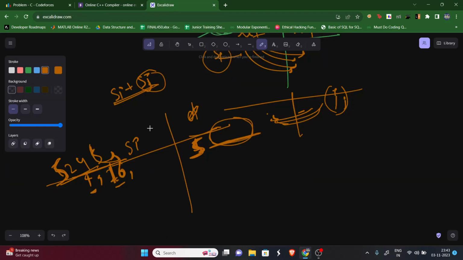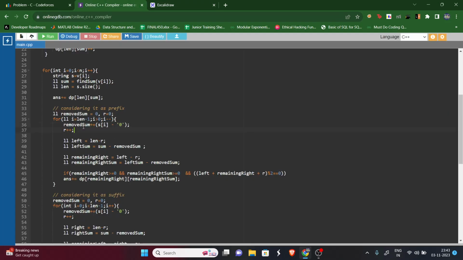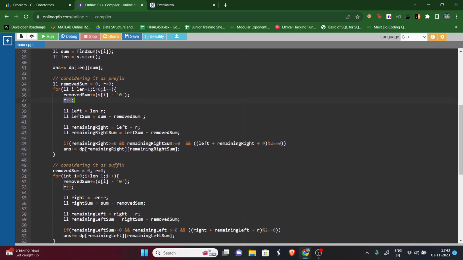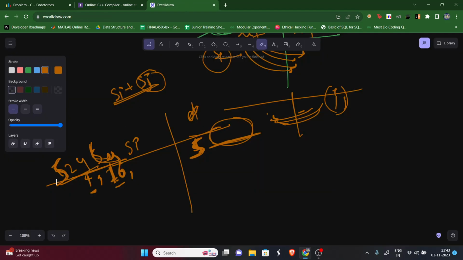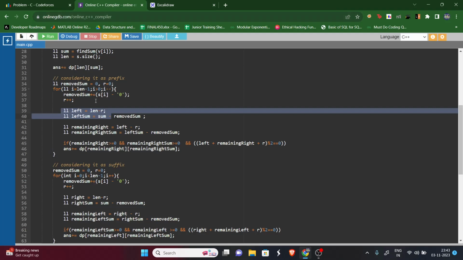Okay, so the last character, if we take it as a string, this is the last character, so we are removing it. So we'll add its value to the removed sum, and we'll increment the count of removed characters by 1. Now, on the left side, earlier we had length characters. Now we have removed r characters, right? So on the left side we will have left characters remaining. Similarly, left sum will be total sum